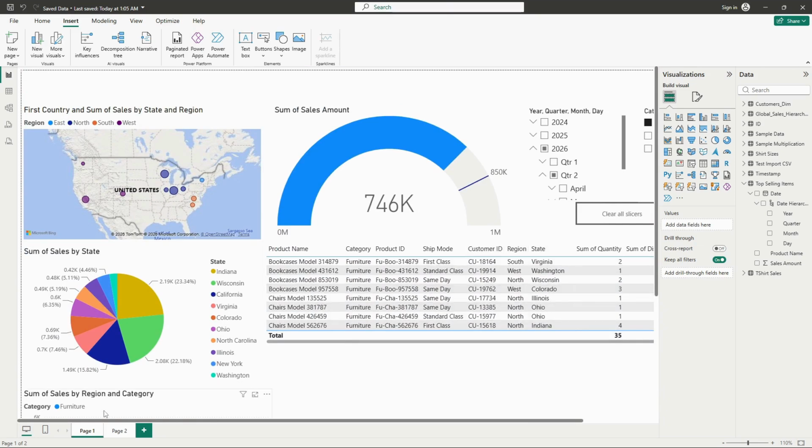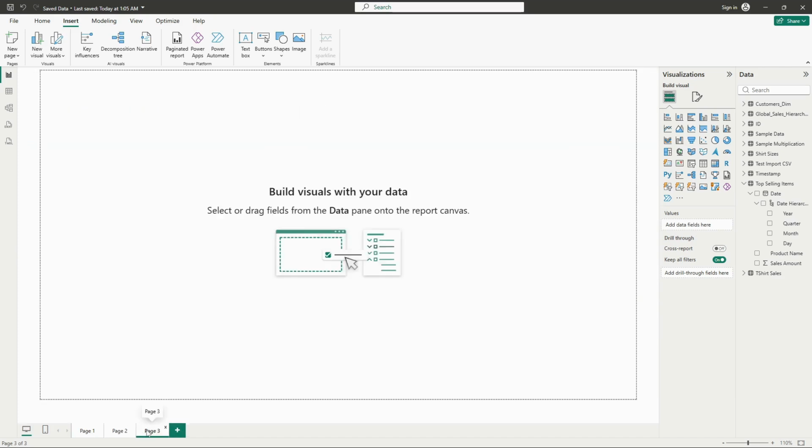To add a new page, simply click on the plus sign located next to the existing page's name. This action is similar to adding a new tab in a web browser. It's that straightforward. Now, if you prefer a different method, you can also add a new page by navigating to